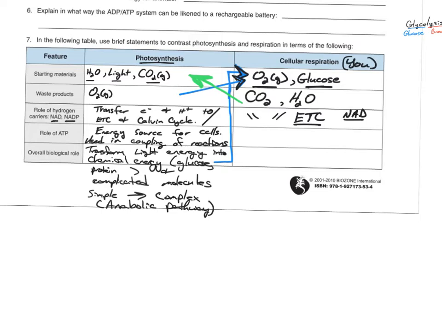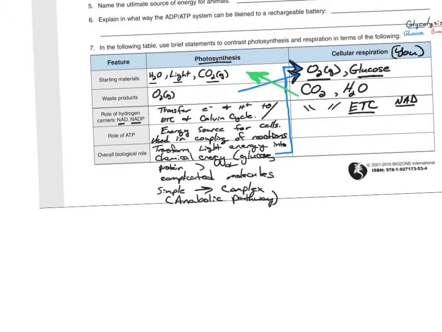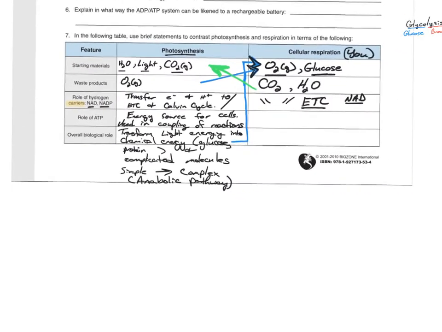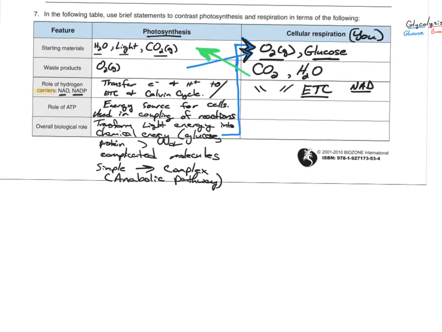That's why they're called, and look, the clue is in the word, guys. The clue is in the word. The word is carrier. It's carrying something. What's it carrying? Well, it's not carrying a turkey. It's carrying electrons, and it's carrying hydrogen ions. The electrons have energy in them. That's where the energy is coming from, when they make those chemical bonds.